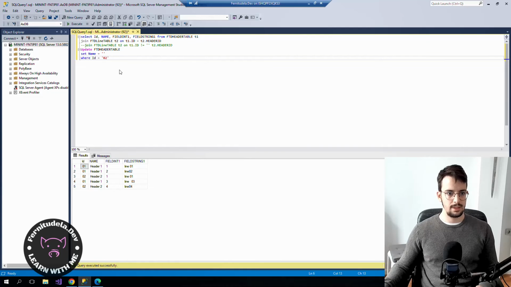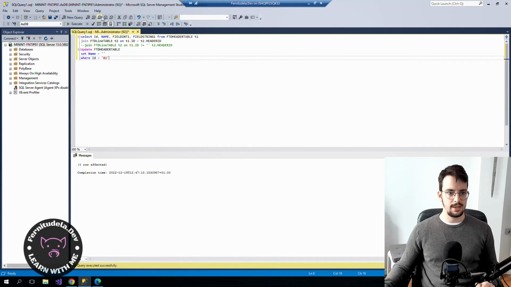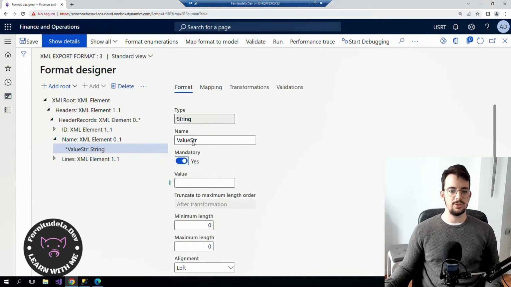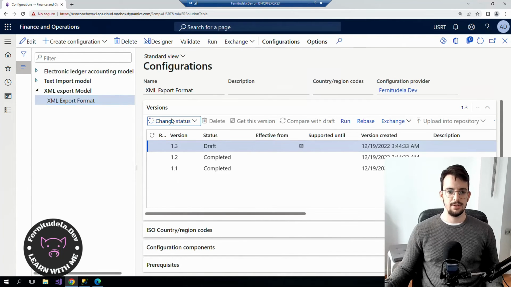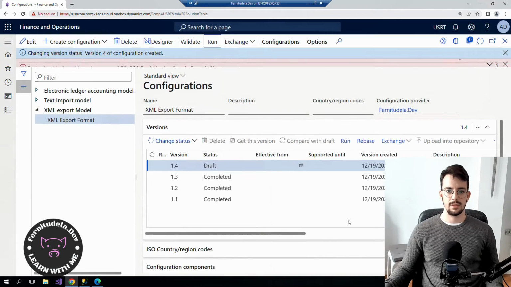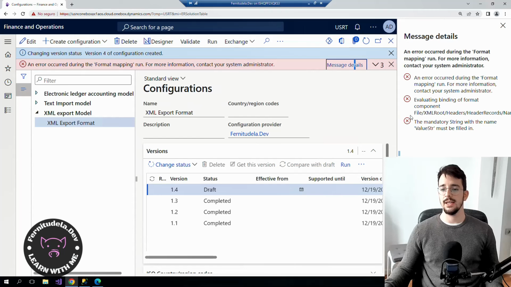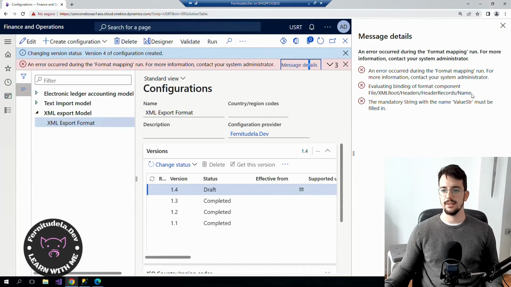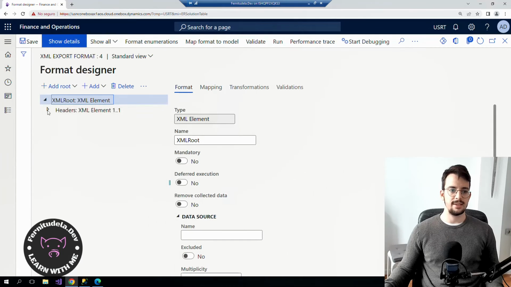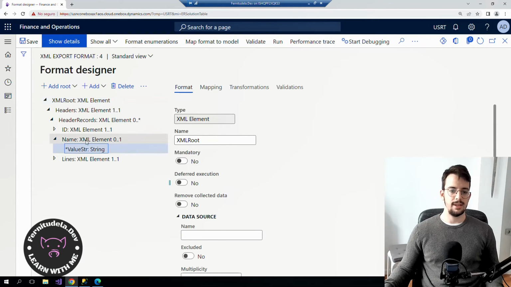Yep. Okay, and now we don't have the name here. So what happens is if I put the name as mandatory, basically, as we don't have the name now, I have to complete it before. If I run it, oh, error. Why? Because it's mandatory, the name, and value string must be filled in. So what happens if I don't put it as mandatory, but it's empty? Well, let's see it